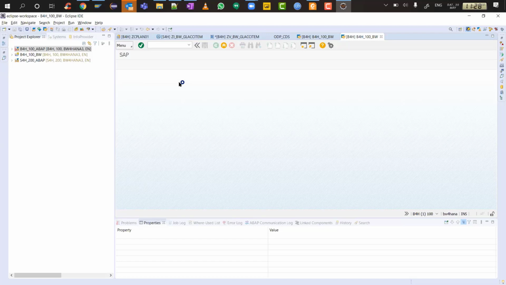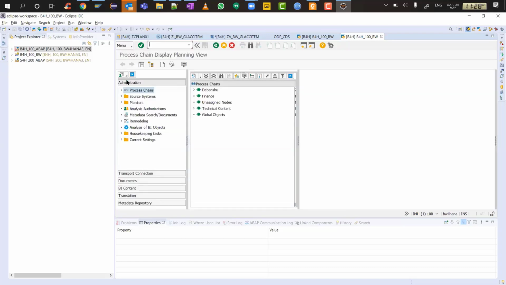On RSA1, you will see that our modeling tab is gone. So the tab starts from administration. There used to be a modeling tab there, but it is gone.